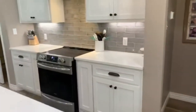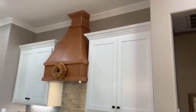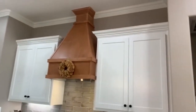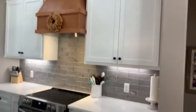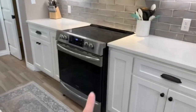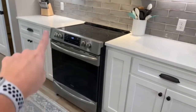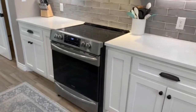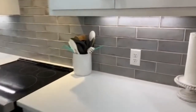Okay, over here is the range, and here's the hood I was telling you about that's stained the same as the beams and the shelves and the built-in. And on either side of the range, these two cabinets, this is a spice, there are spices in here, and then this one is for cookie sheets. Okay, and then looking at my